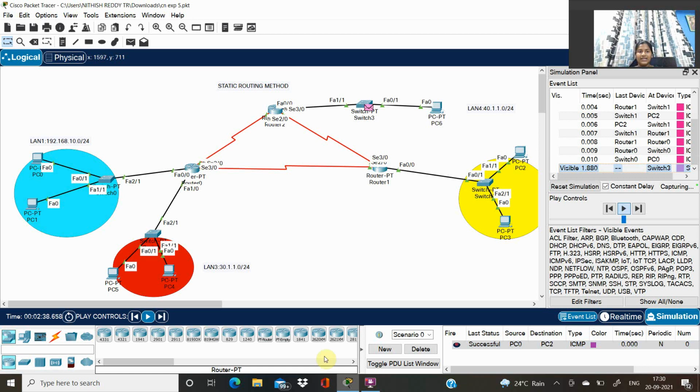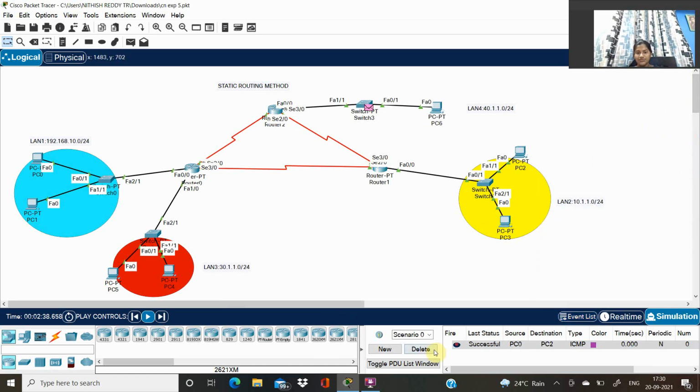Now let's do the same process for LAN 1 and LAN 3. Here we don't need to configure anything, because they both are connected to the same router.